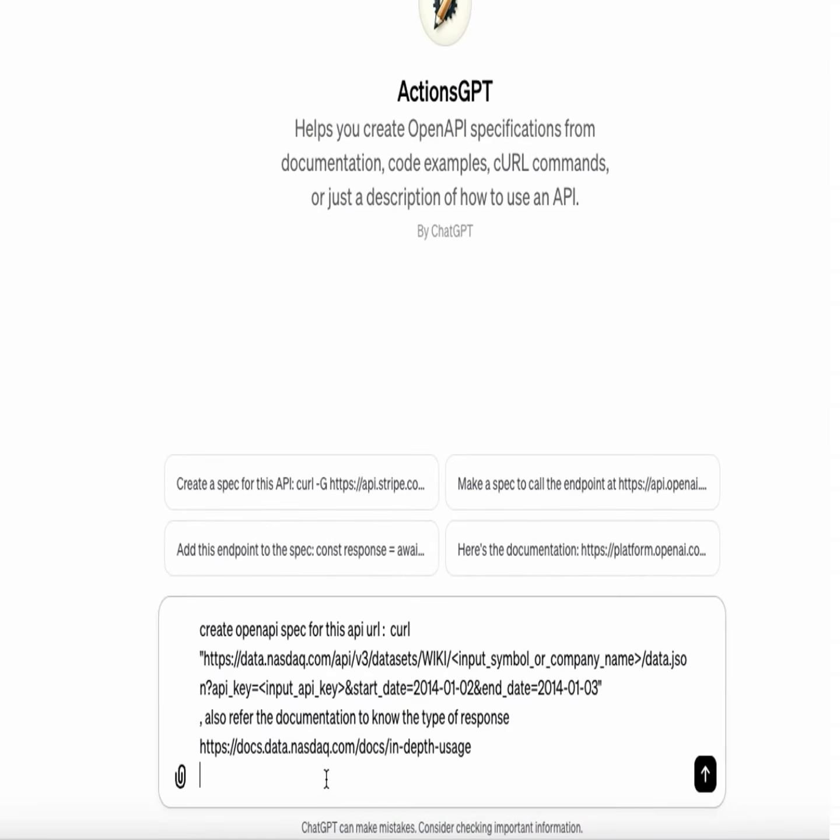Actions GPT helps create OpenAI specifications. We provide it with all the details about the API endpoints we want to use. We can provide the website, which has documentation about the API. We also need to provide it with the response format. If we have a curl command, we can provide that as well. For our use case, we will provide it with the